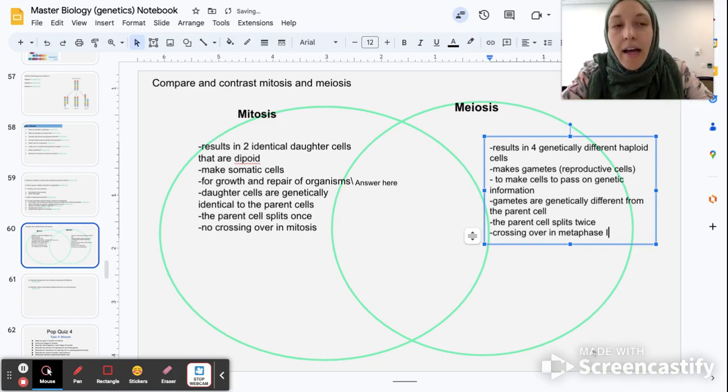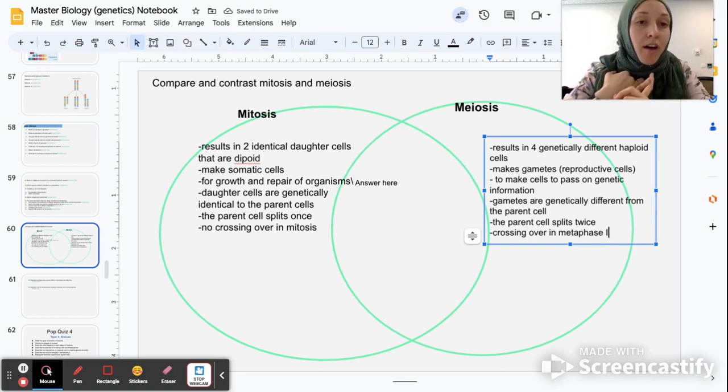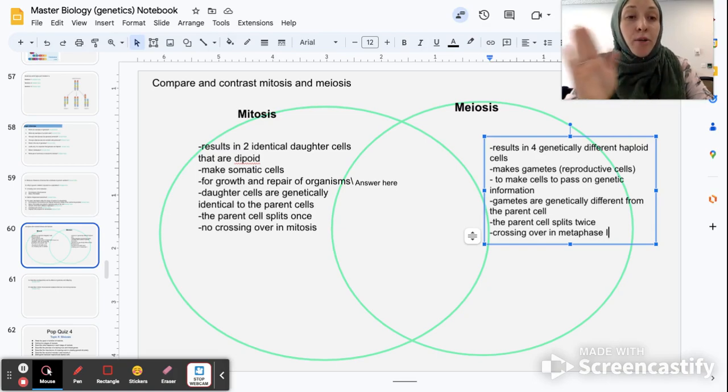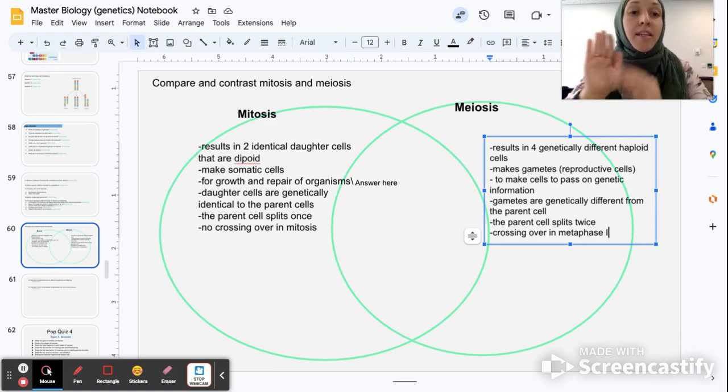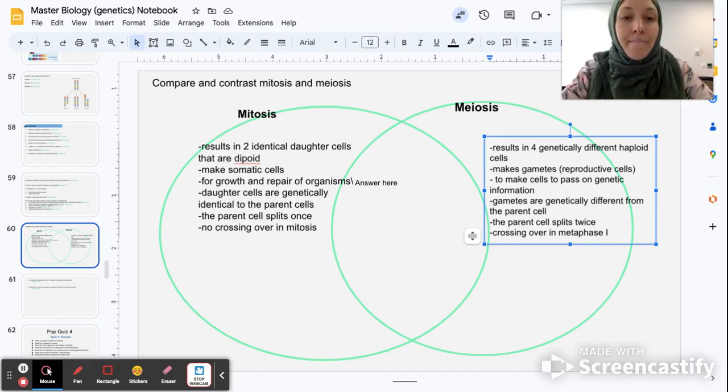All right, I'm going to say some similarities. They both involve the splitting of cells. They both involve the aligning of chromosomes at the metaphase plate and the splitting of sister chromatids. In mitosis, the splitting of sister chromatids occurs in anaphase, whereas in meiosis, it occurs in meiosis 2 or anaphase 2. It is slightly different though, because in mitosis, those sister chromatids are identical. In meiosis, those sister chromatids are not identical because of crossing over. And yeah, I think